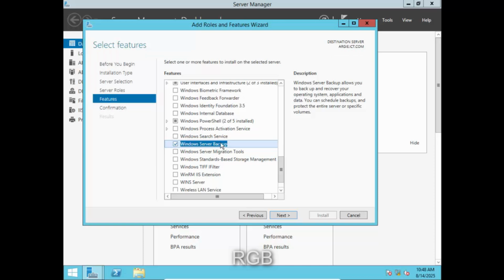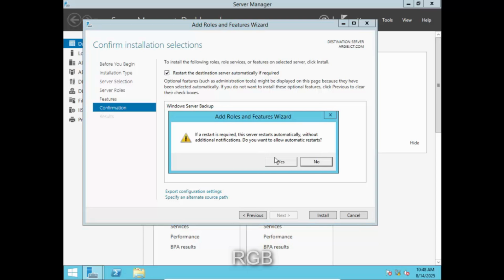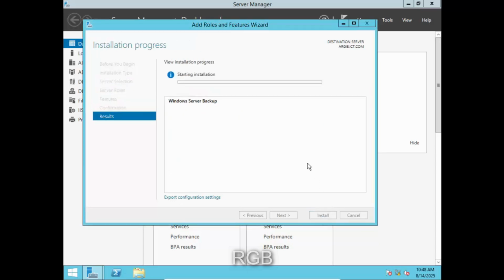Okay, just check. Then next, click restart the destination. Click yes, then install. So we are adding the backup into our rules, and let us wait